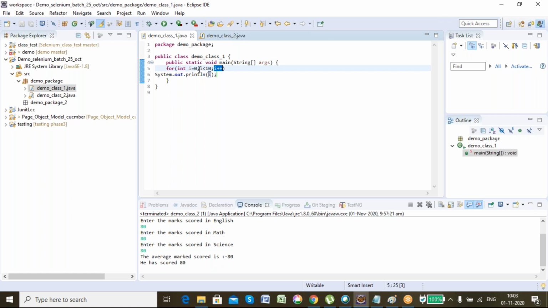In the first part, I'm declaring i and setting its value to 0 for the first time. And this is the condition up to which the loop will run. If this condition is satisfied infinitely, then the loop will run infinitely. And if the condition is not satisfied even a single time, then the loop will not run even a single time. And this is the increment operator which we learned yesterday. It will increment the value of that particular variable by one. Got my point?